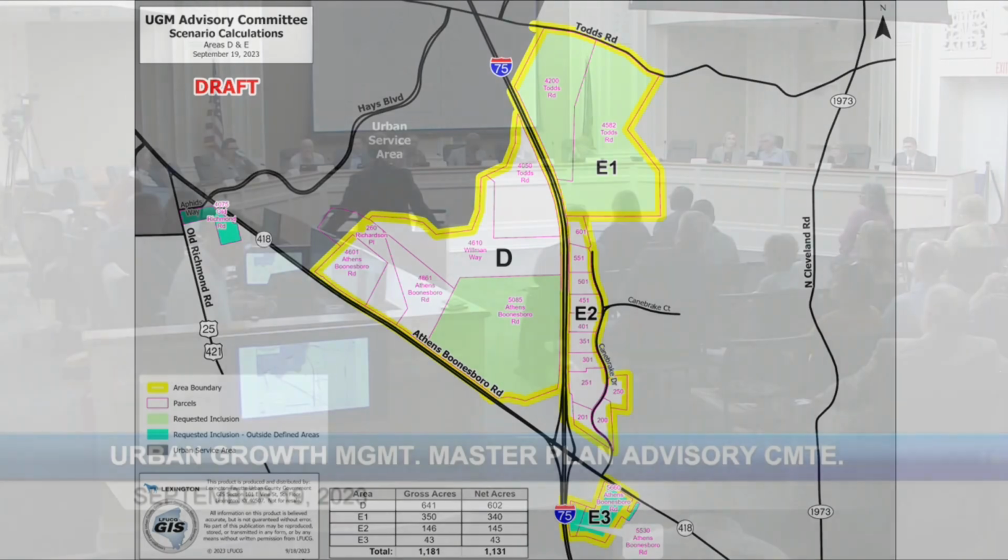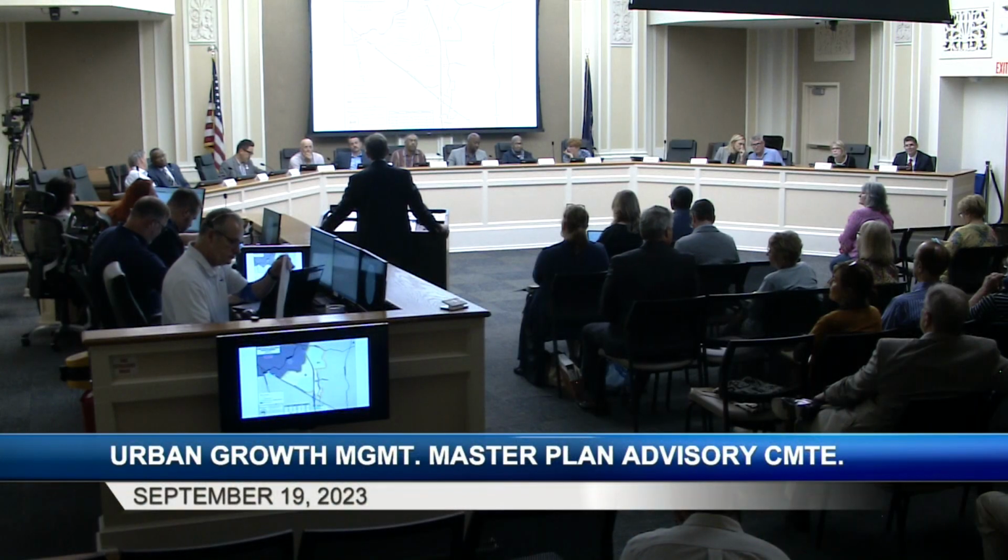So we had included, the staff had included E2 because it met the council criteria. It was adjacent to a corridor. And as you said, it also provides a corridor connection from the Todd's Roads properties to Athens-Boonesboro. At some point, potentially providing relief for this Todd's Roads property, plus the other properties north of Todd's Road and in the vicinity of Polo Club, better access to the interstate than perhaps what they have now.